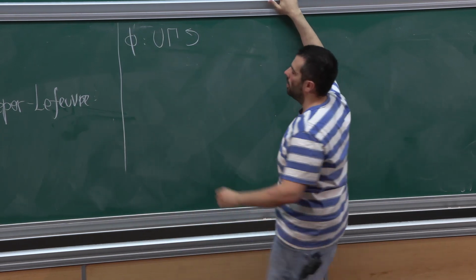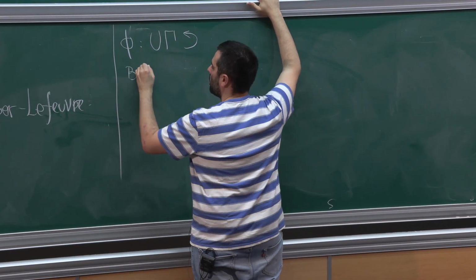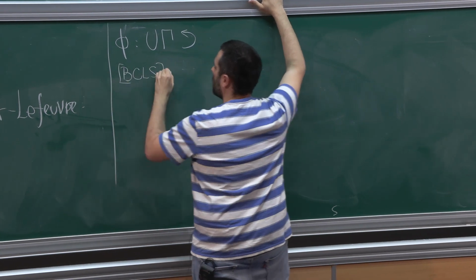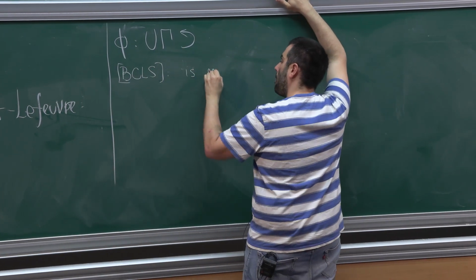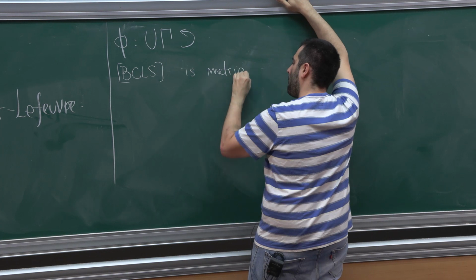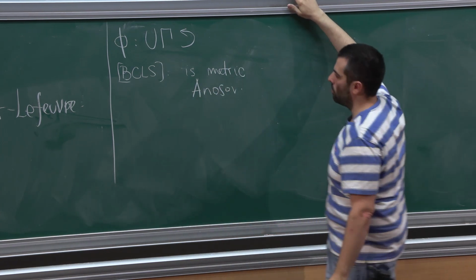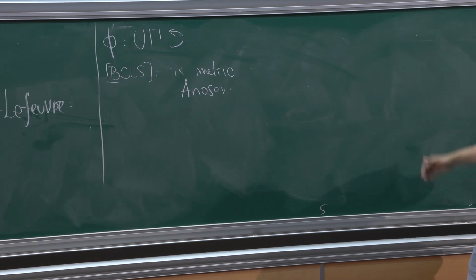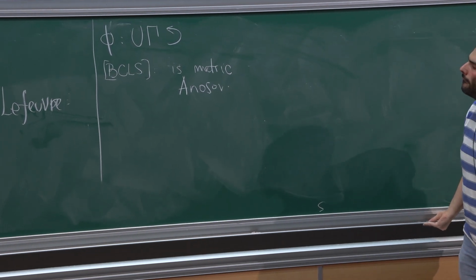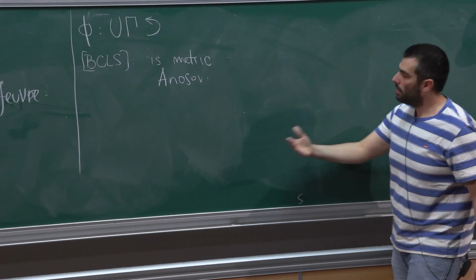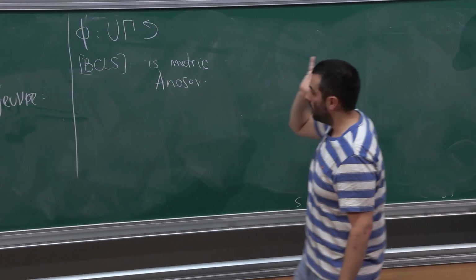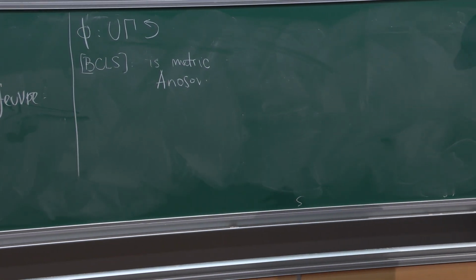And BCLS proved a very important property, which is that this is metric Anosov. You should think about this as a topological version of a true Anosov flow. And this implies many things. I mean, we know many things about the dynamics of the flow because of this fact, applying results by